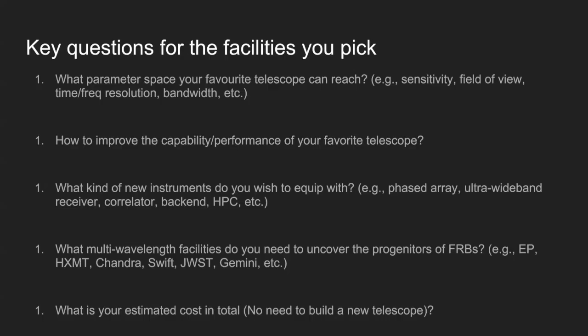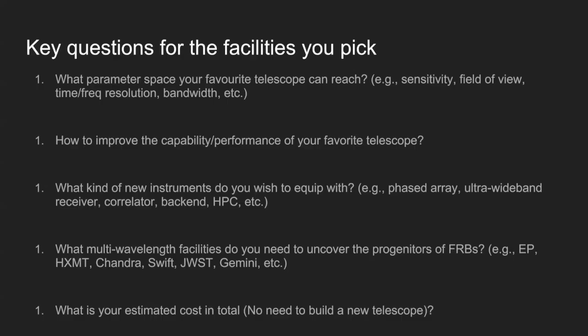that's not easy. Okay. And the second question is how to improve the performance capability of your favorite telescope. You can do some instrumentation or data challenging or commissioning or benchmark your algorithm. The third one is that if you find your instrument is not that good, you may need to equip or buy or develop any other instrument. For example, phased array feed, wideband receiver, new correlator for interferometry, and new backend, maybe some HPC cluster in